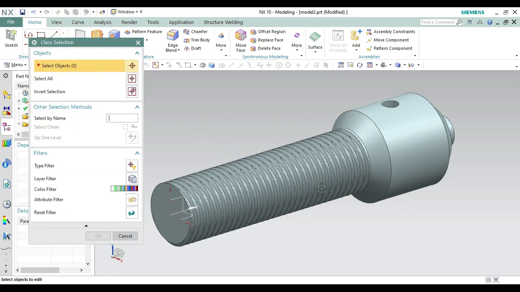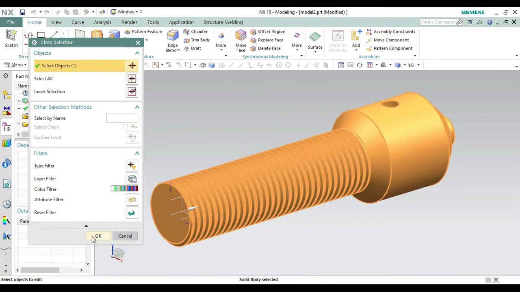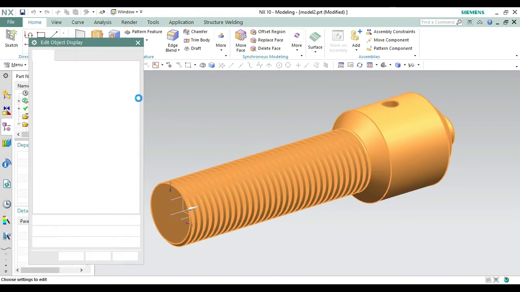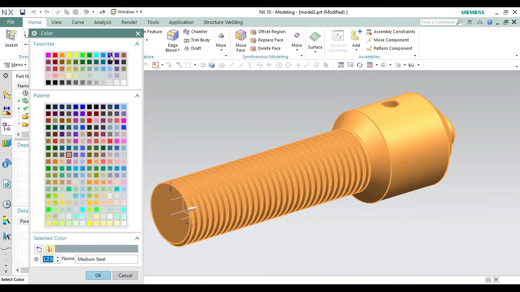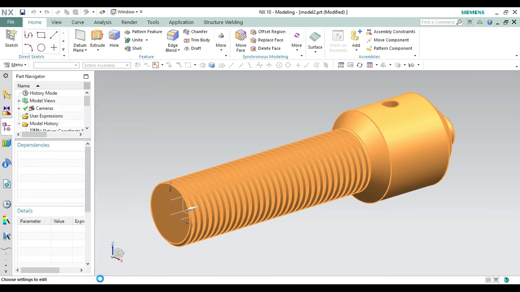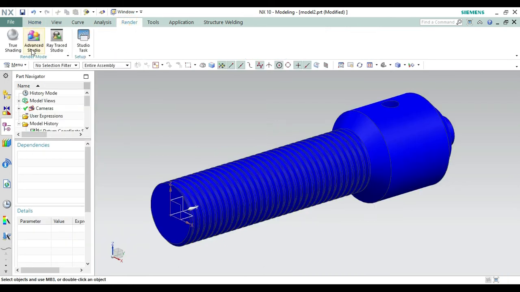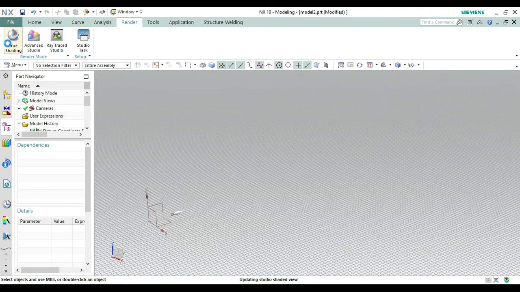Now select the object, select the whole object from here, make it okay from here. Now for the color, click on color and make it something of a different color, make it blue. Okay, like this one, and make it okay from here. Now what we have to do is to make the extrude setting for an attractive look like this one. Now we have completed the fourth part of our assembly.